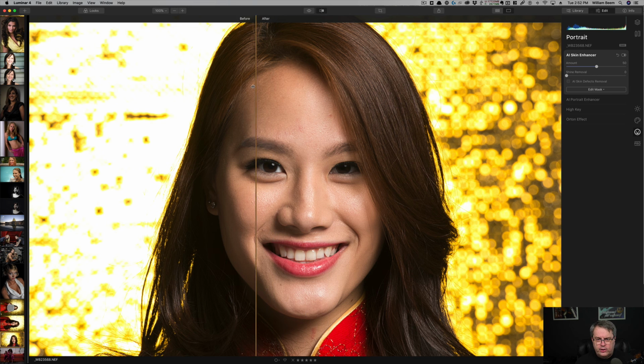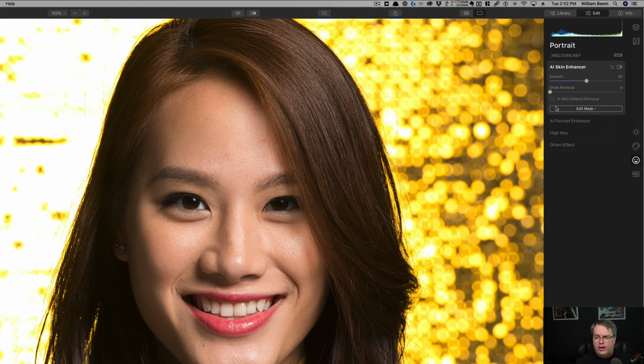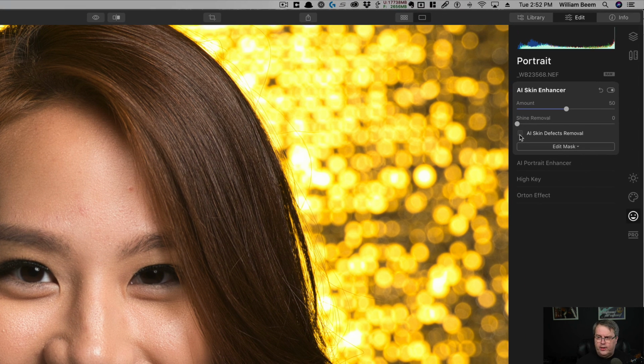So as you take a look, you can see there's just little micro blemishes, imperfections in her skin. And as we smooth it out, you can see that it goes away. Not everything though. You can see there's a little blemish here and a little blemish here. You could go and get the clone tool that we looked at earlier and take that out. But there's an option here. If you check this box